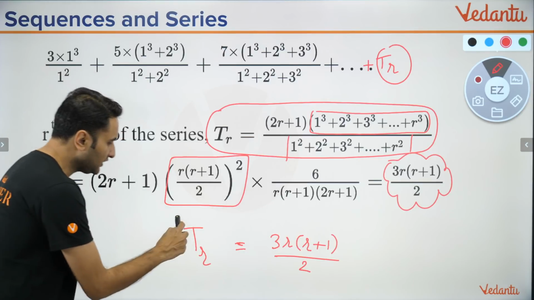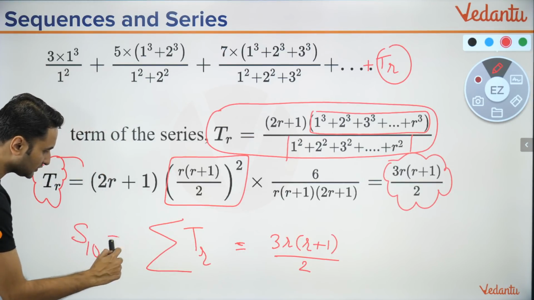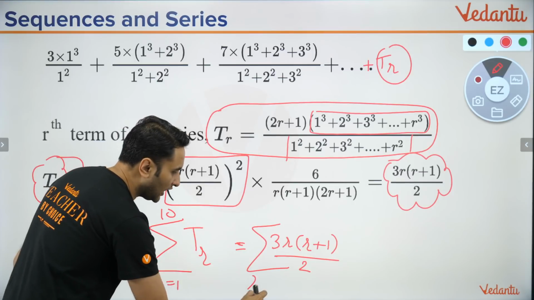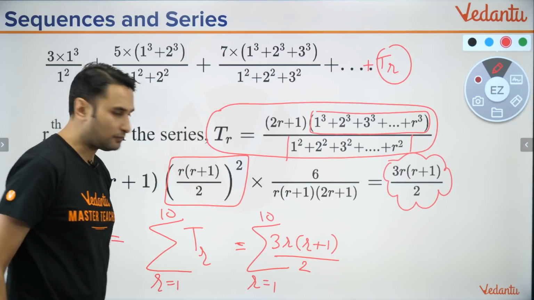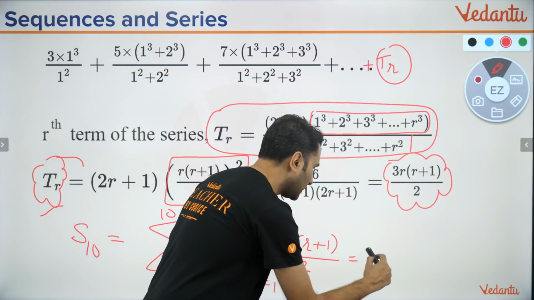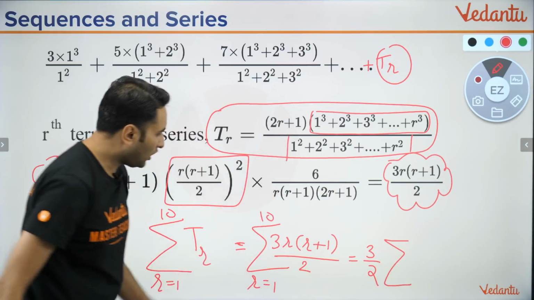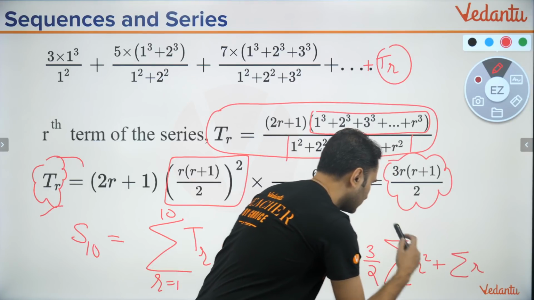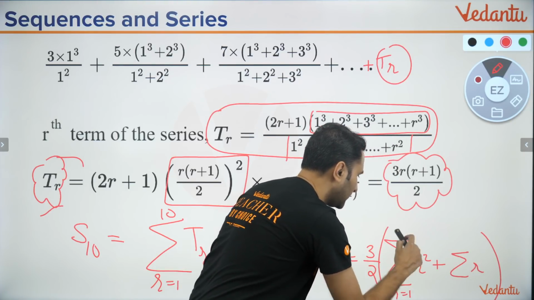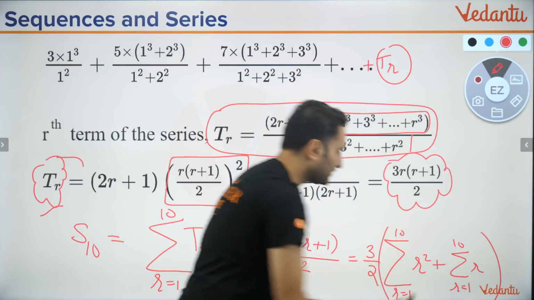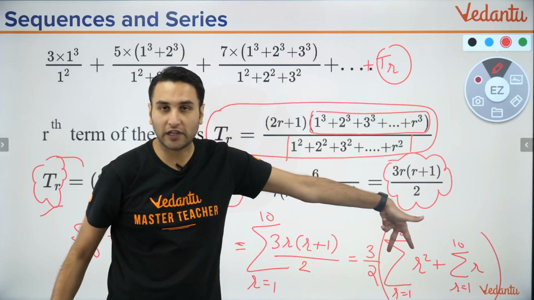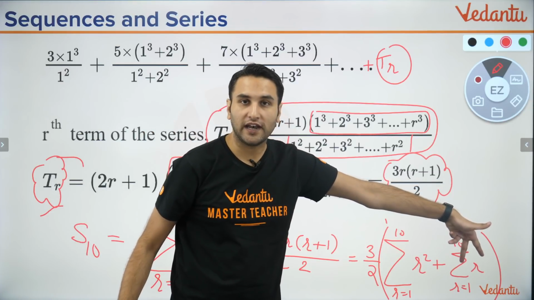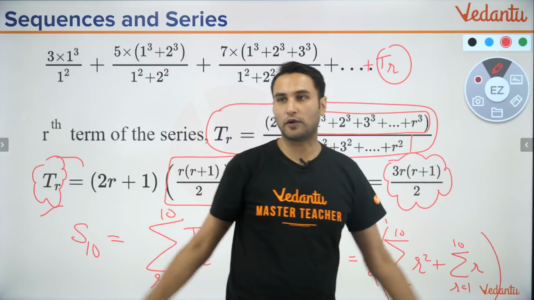What was the question? Summation till the 10 terms. अरे वाह. That is the summation till the 10 terms is sigma of this, where r goes from 1 से 10. या फिर समेशन ऑफ दिस वेयर r गोज फ्रॉम 1 से 10। अरे वाह, वेरी सिंपल टू सॉल्व। टेक 3/2 आउटसाइड, कितना हो जाएगा 3/2 सिग्मा ऑफ r स्क्वायर प्लस r, वेयर r वेरीज फ्रॉम 1 से 10। बस यू नो द फॉर्मूला। इसका फॉर्मूला क्या है, n प्लस 1 इंटू 2n प्लस 1/6, n की जगह 10। इसका फॉर्मूला क्या है, n इंटू n प्लस 1/2, n की जगह 10। खटाक, प्रॉब्लम सॉल्व।